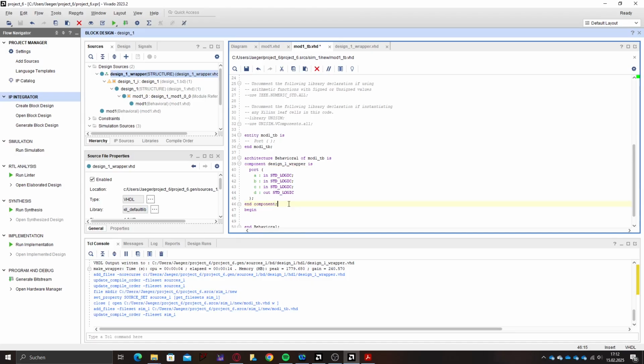Okay, now our block design is declared in our test bench, and now we have to define our signals,